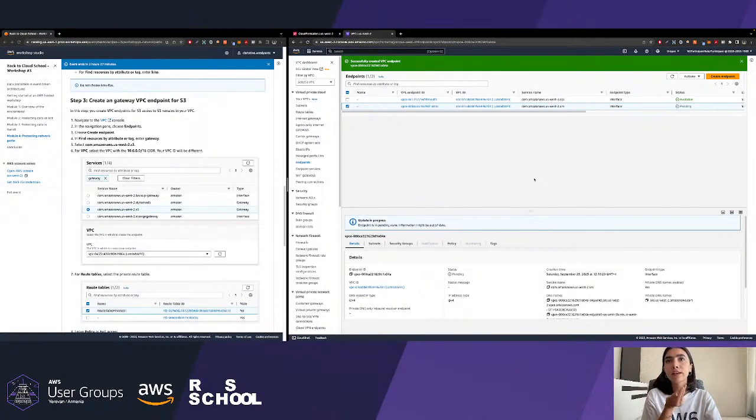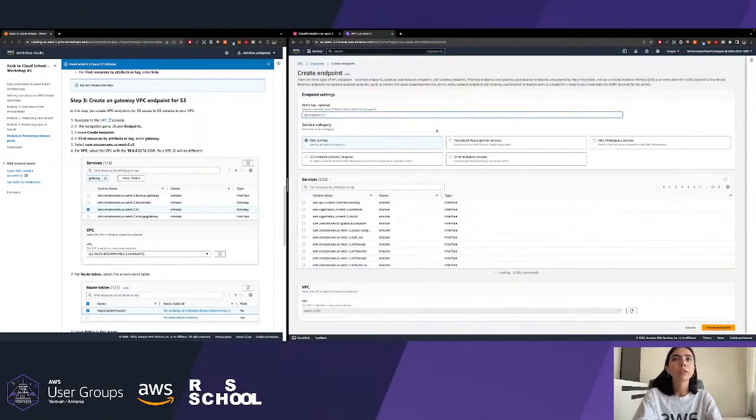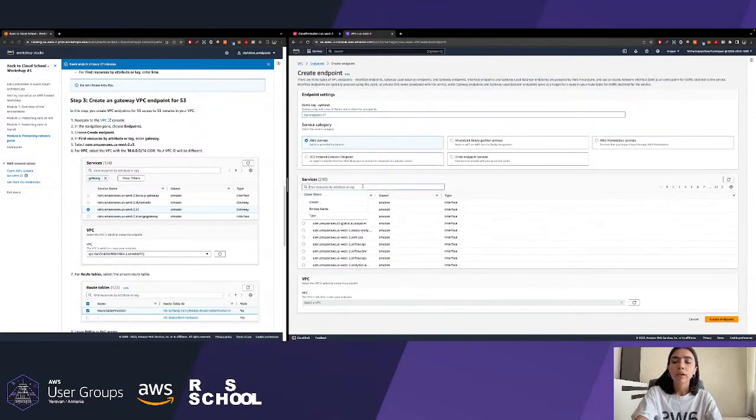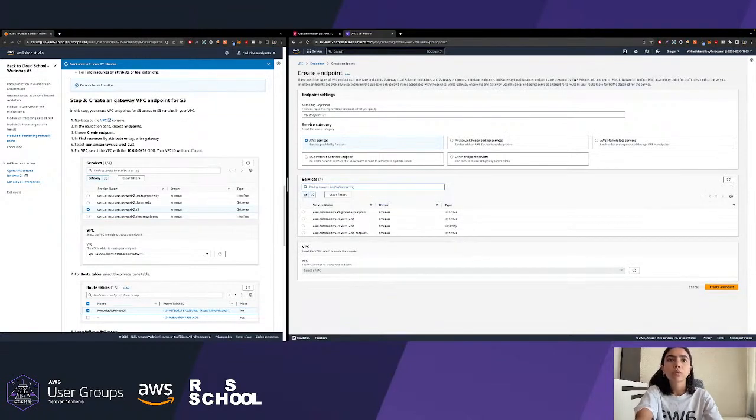So the one service left is the S3. Just go ahead and hit the create endpoint button. As already told you, we have only two services, S3 and DynamoDB, that should be used with the gateway type. You see?